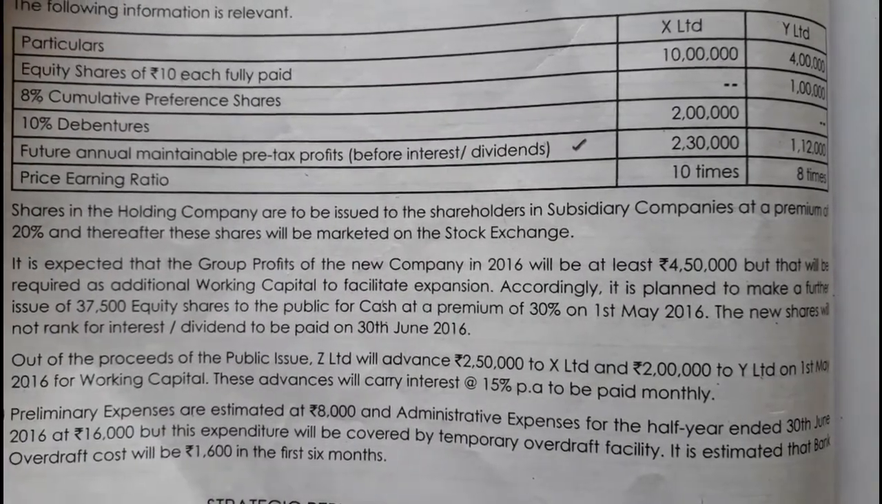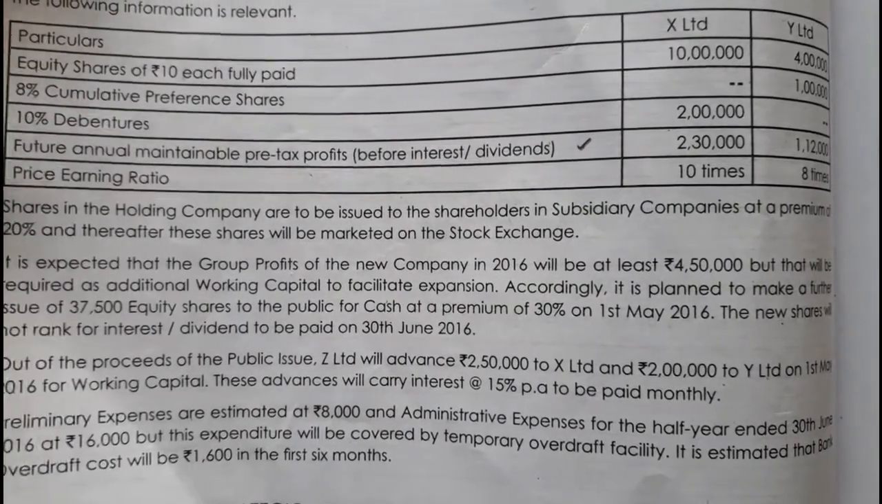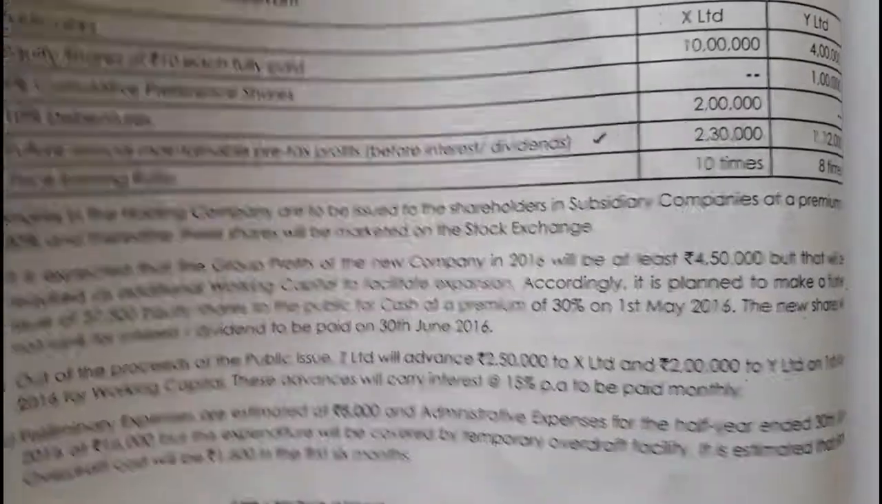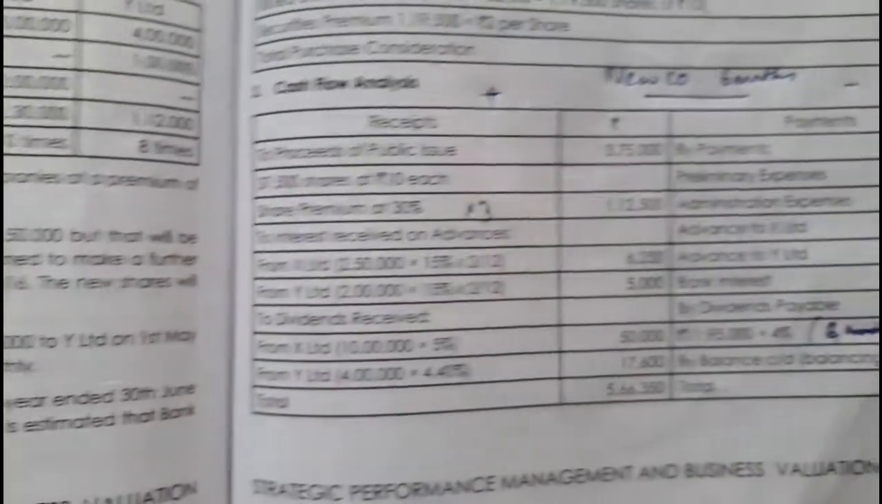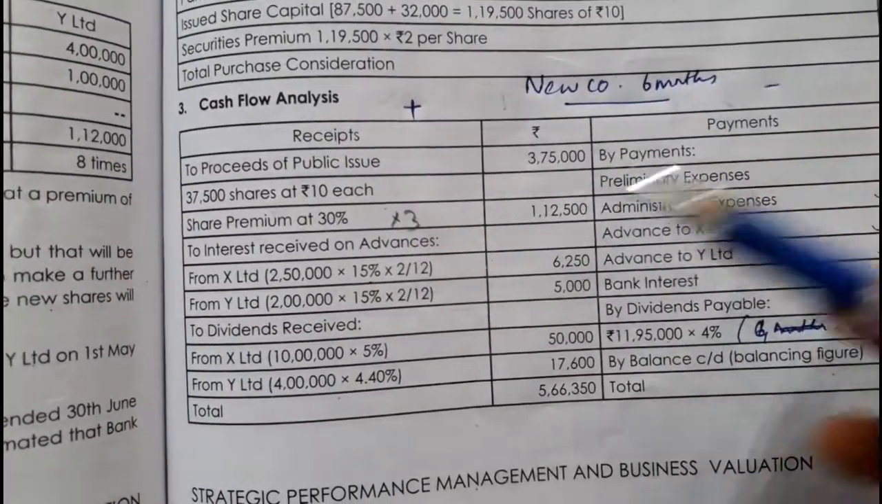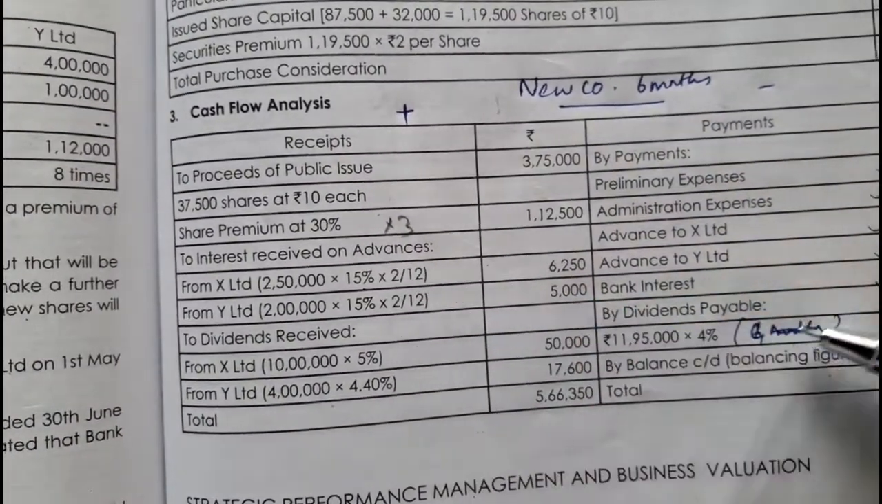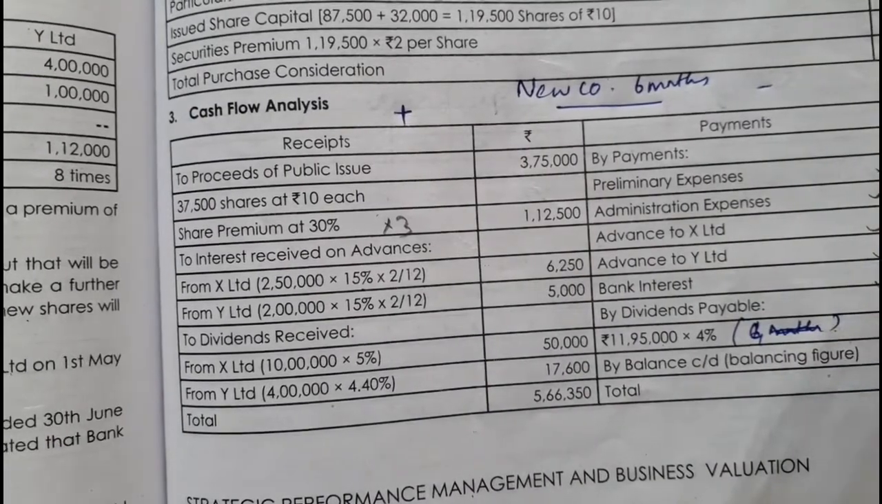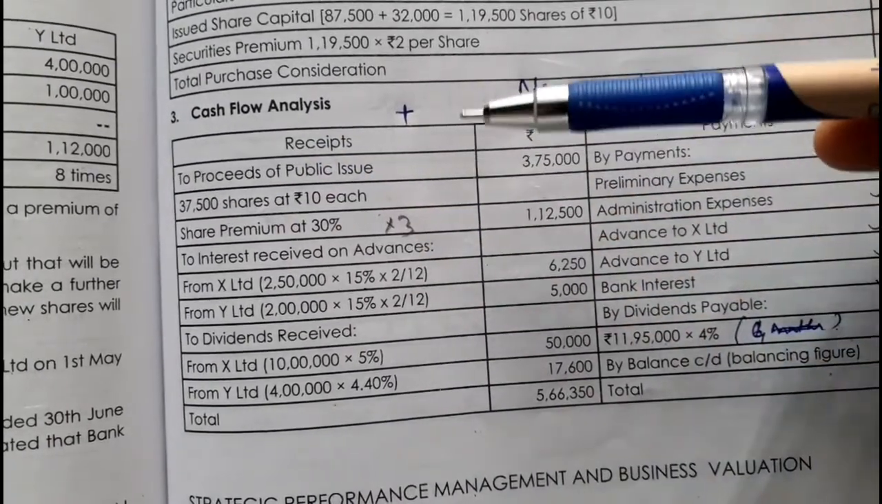So if it's going to issue, it's going to get the money. And we know how the cash statement is prepared. It has two parts, that is receipts and payments. On the left side receipts come and the payment is given on the right side. So on the left side we'll take the receipt, that is